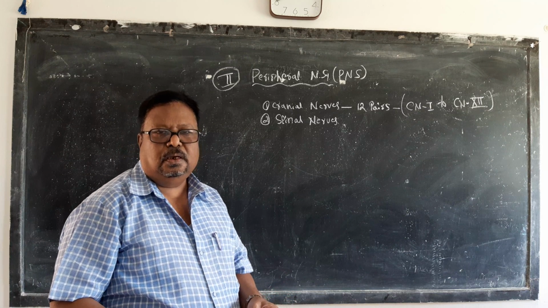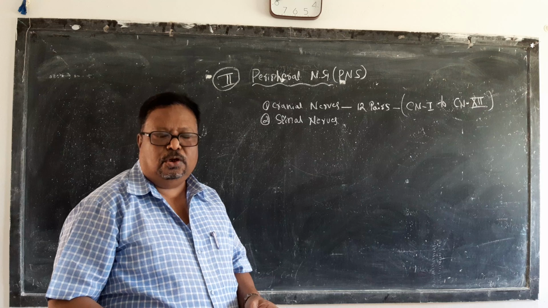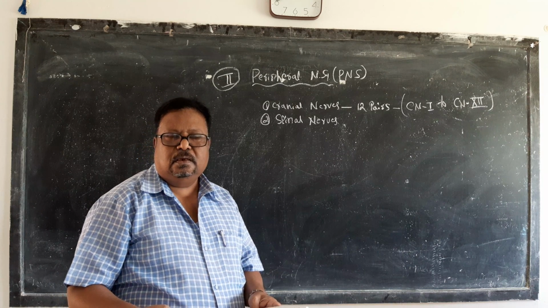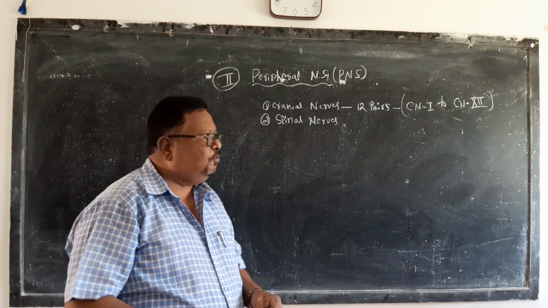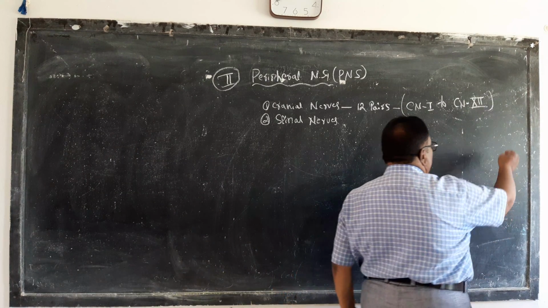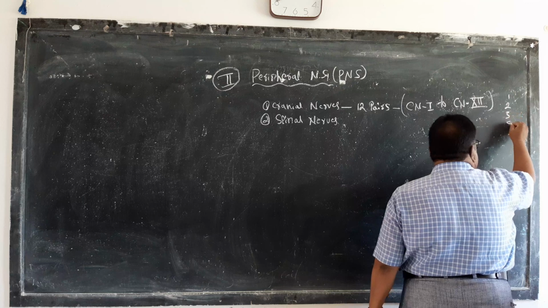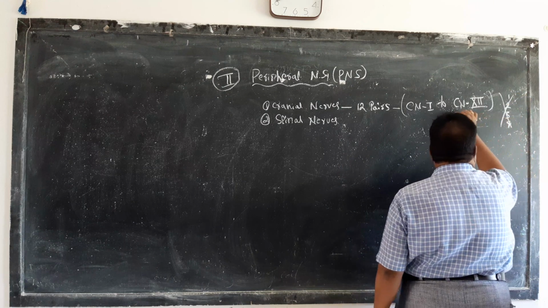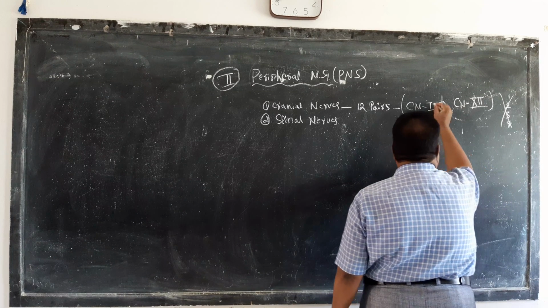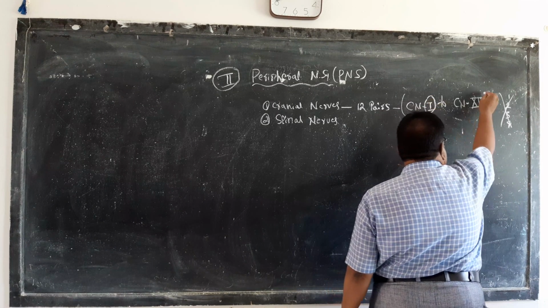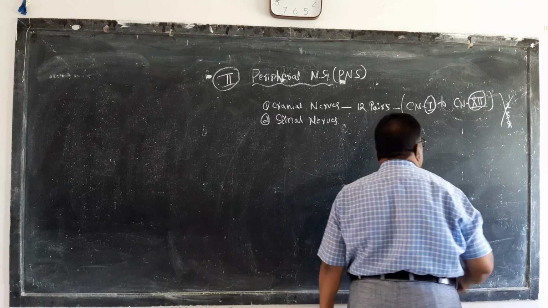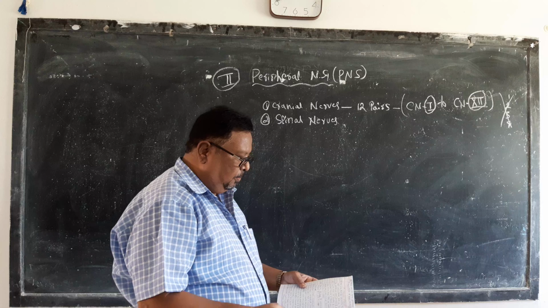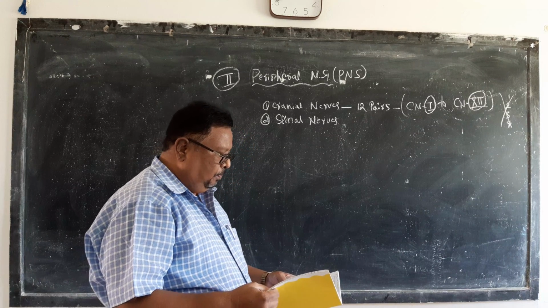Here they use Roman numerals, not English numerals. English numerals are 1, 2, 3, 4, 5 like this, and these are not used here. They are used by Romans. This is a Roman number, CN1 to CN12. The CN1